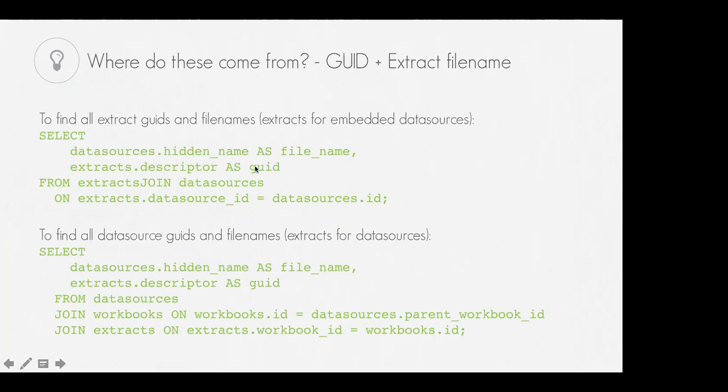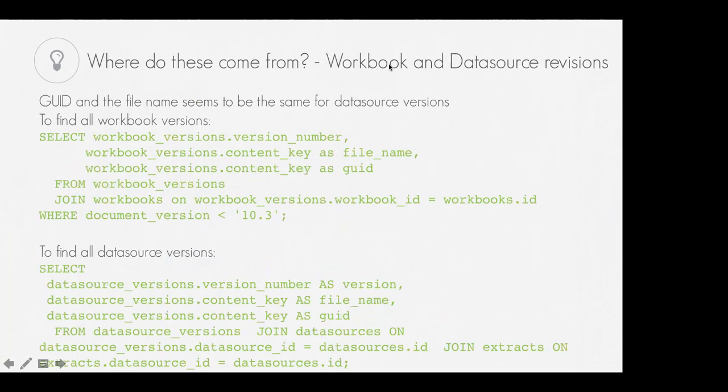The GUID is the directory name, the file name is the file name inside the GUID, and the same works with workbook versions. The workbook and data source previous versions are also stored in the file store pre 10.3. So if the document version is less than 10.3, then it's stored in the workbook version